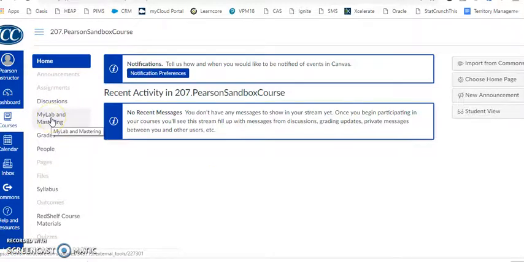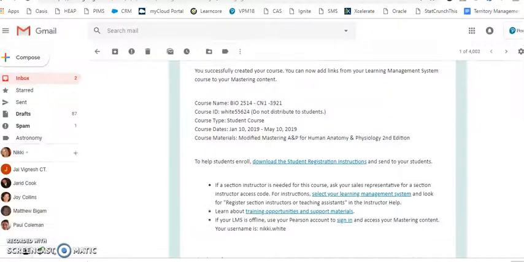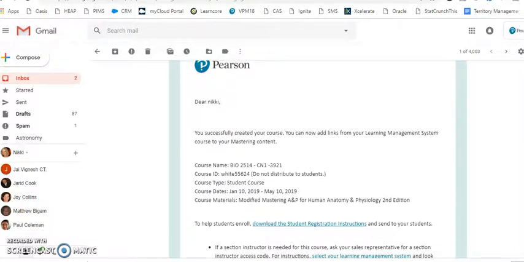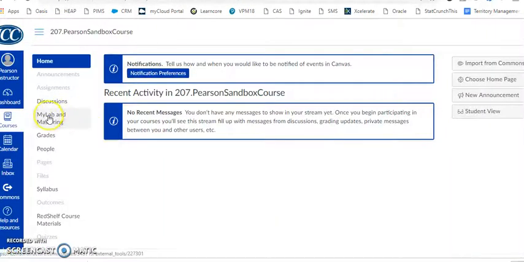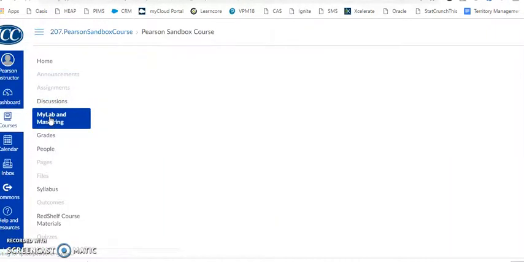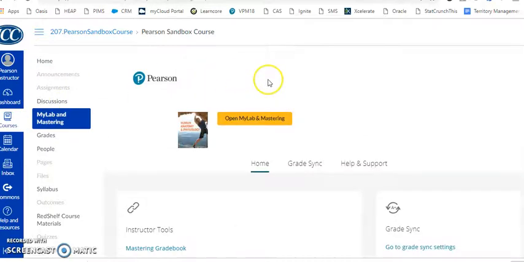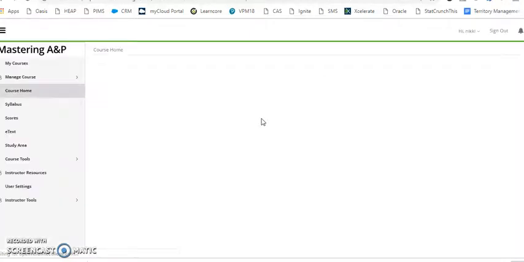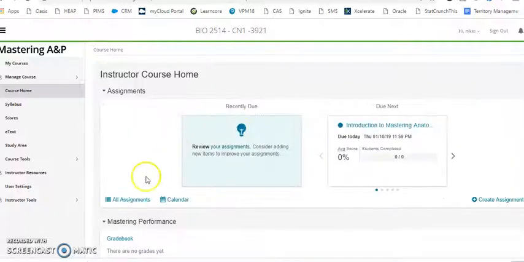Once you get that email confirmation that your Pearson course has been created, as you see here, you can then go back into Canvas, click on MyLab and Mastering, and there's a few housekeeping items you might want to check when opening your course. First, open up your Mastering course and make sure that all of your assignments are listed. You can go to the All Assignments tab,